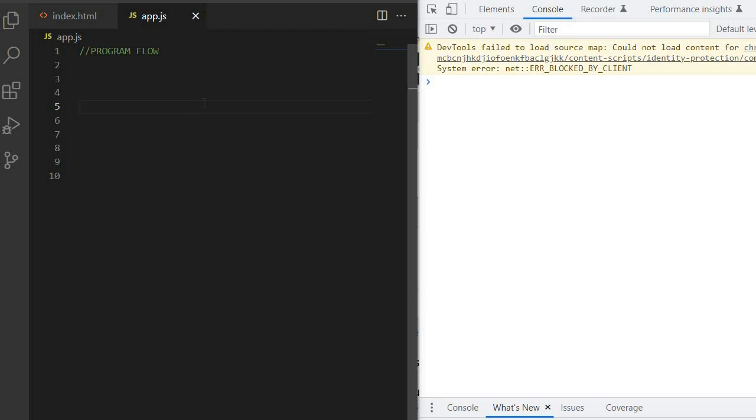And there are also, in JavaScript, some tasks that are repetitive. So you don't want to keep writing chunks of code that make your code repetitive, because now your code is going to be redundant. JavaScript gives you the ability to execute particular lines of code repetitively as long as particular conditions are met. So the first thing that we're going to start with when it comes to program flow